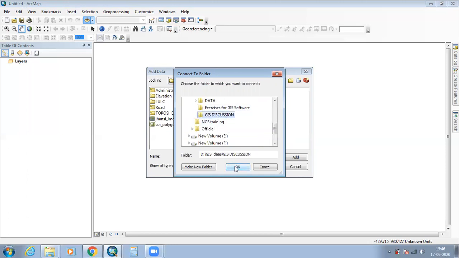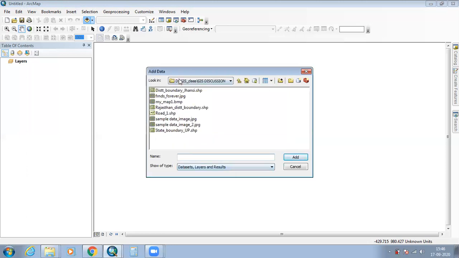Okay, now our folder is visible to us in the window. Select the GIS data and then click add.